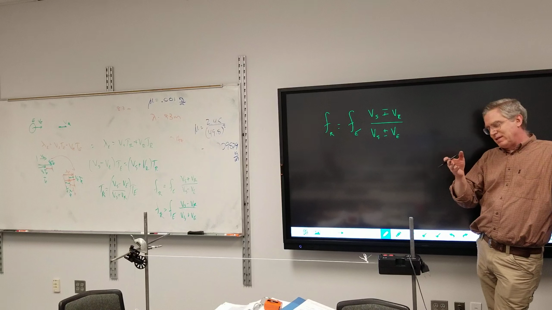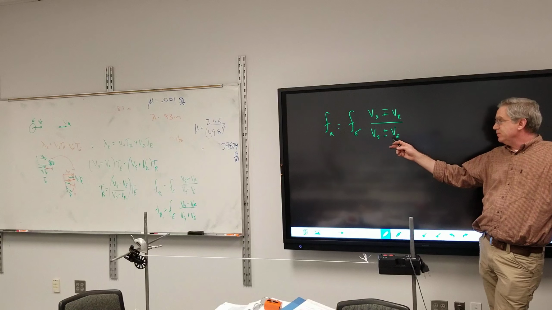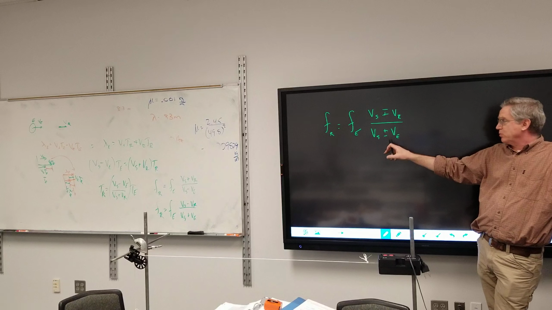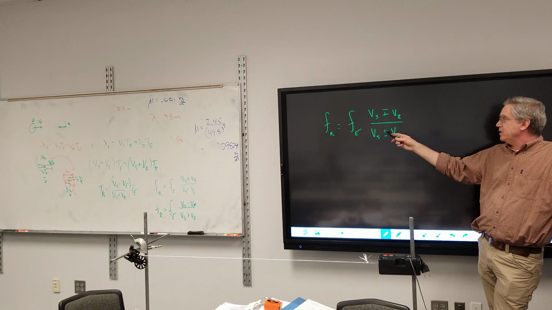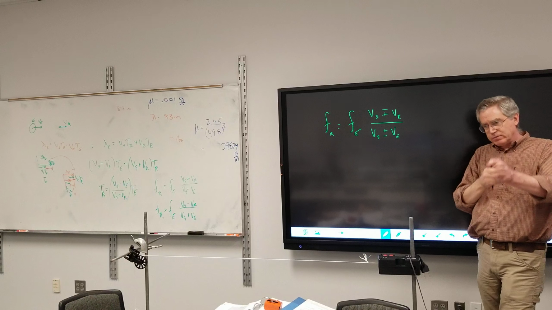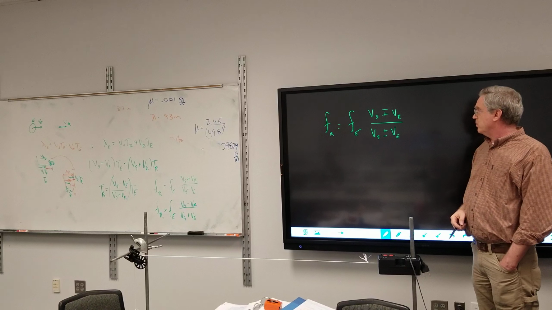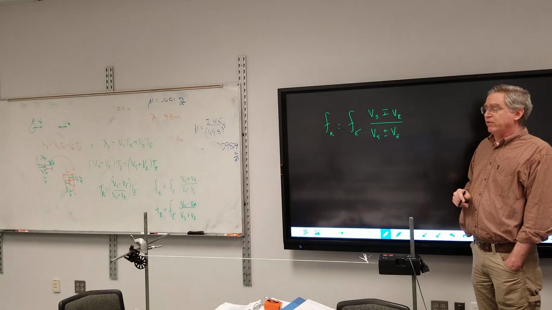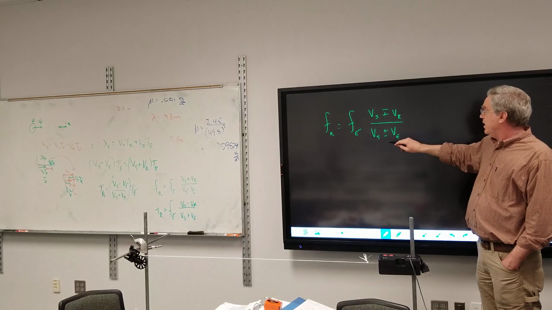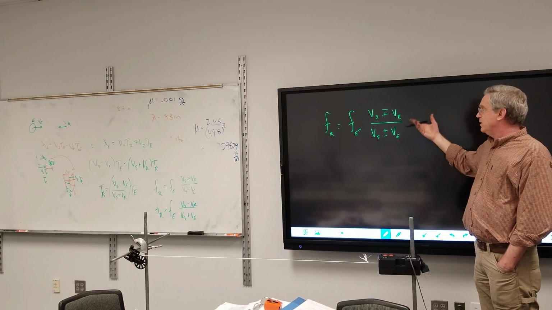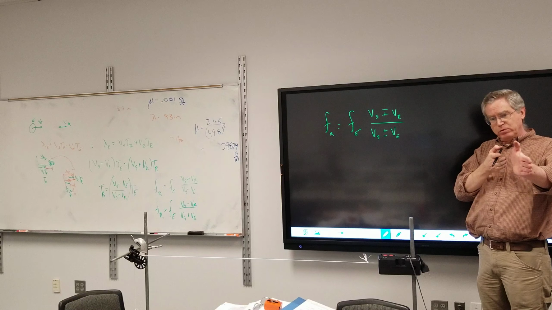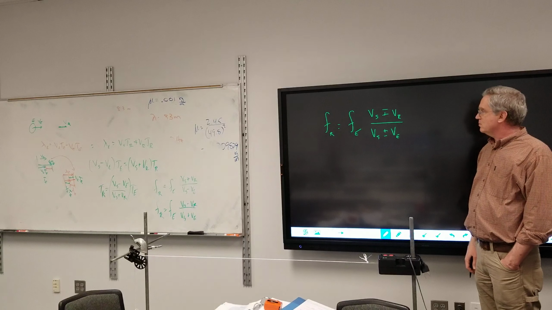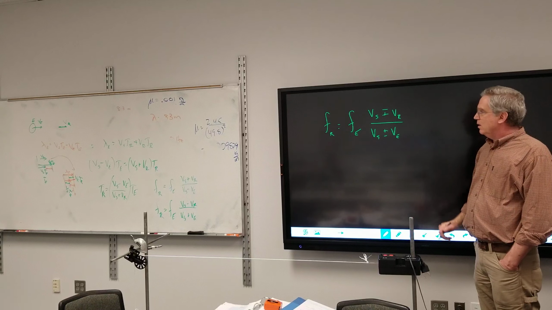If the emitter is heading towards the receiver, you want to make the fraction bigger, so you'll subtract. If the receiver is going away from the emitter, then you would expect a lower frequency, and so you would subtract there. So if they're chasing each other, you'd subtract both of them. If they're going the same velocity, then they'll both be minus, and you'll end up with what's emitted is what's received, because from their point of view, neither of them is moving. That is the Doppler shift.